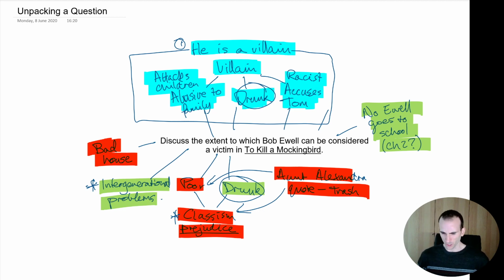Okay, I've actually got a pretty good start to an essay here. I've got 3 main points. I reckon I could come up with more. I might end up with 4 or 5 main points. Maybe, you know what could be interesting? Comparing Bob and Tom. I wonder if there's any idea there.